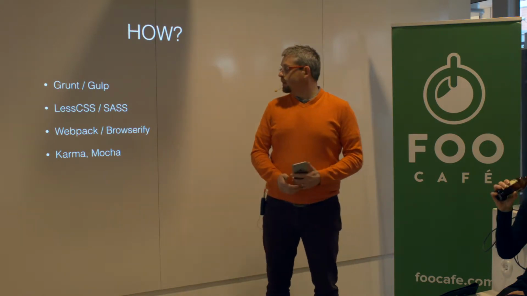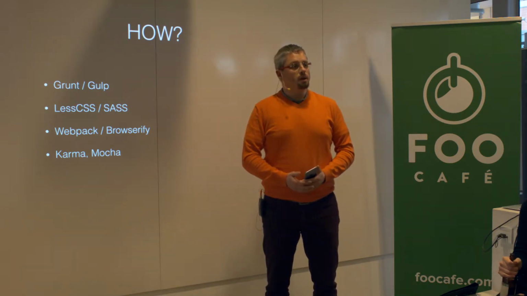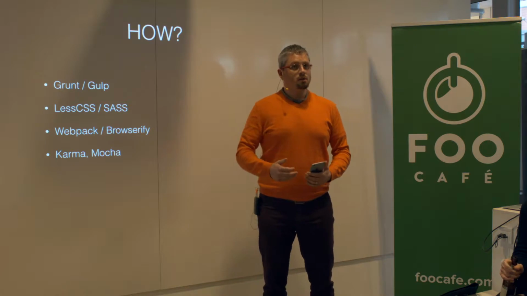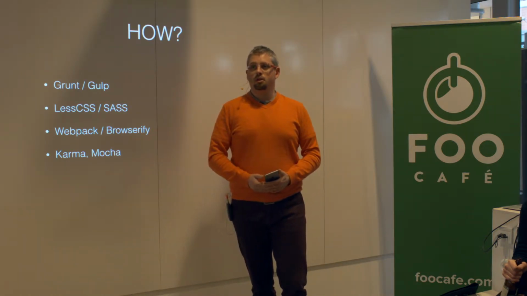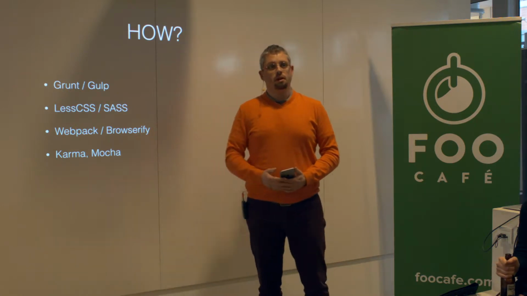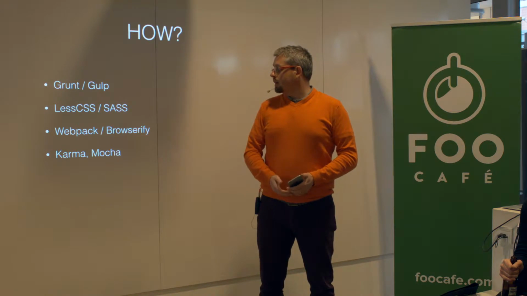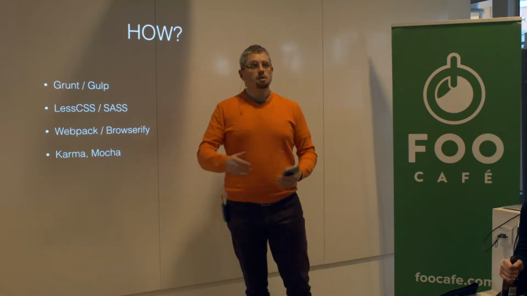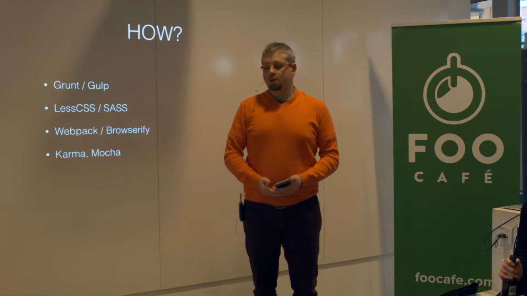How do we use that? Well, through Grunt and Gulp, they are two big projects that are task runners, so they allow us to configure our setup to be an automation of tasks that run every time that we need. We use projects like LESS or SASS to pre-process our CSS, so to add some more capabilities to the CSS